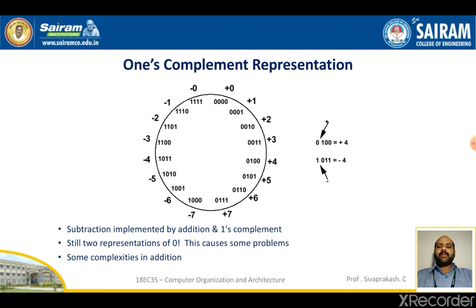Here, subtraction is implemented by addition, with the ones complement, and two representations of zero are present. Still we have two representations, plus 0 and minus 0. Sometimes this may cause some problems for us. What kind of problem? It causes complexity in the addition that happens there. To overcome that problem, we are going to represent